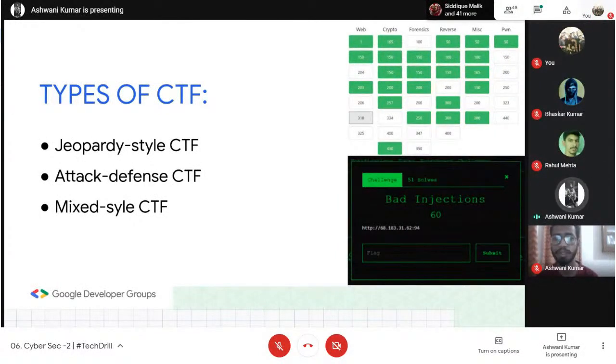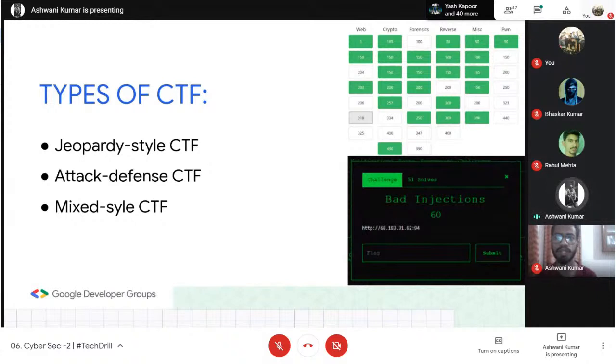Fine. In the Jeopardy style, you go into the lab, and there are different categories that you can see in the very first picture at the top: web, crypto, forensic, reverse, miscellaneous, and pwn. In these scenarios, a particular lab for web has been created for you.